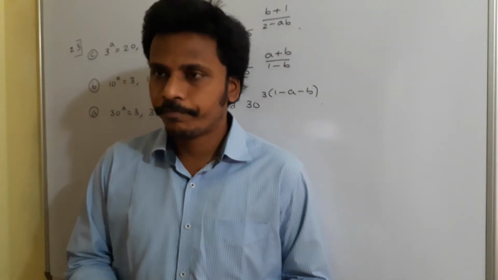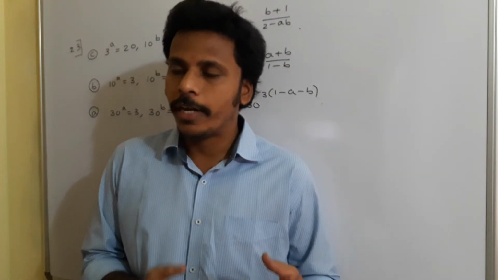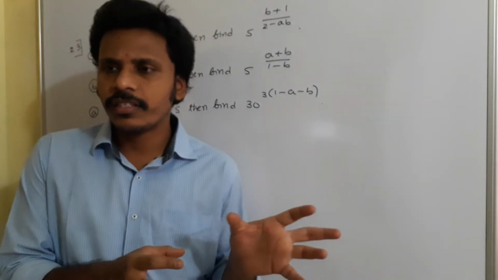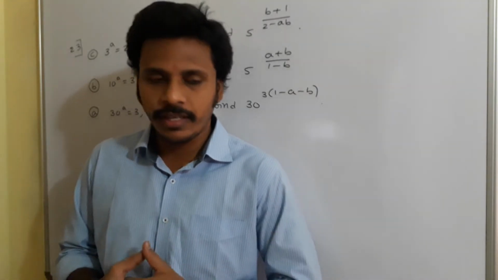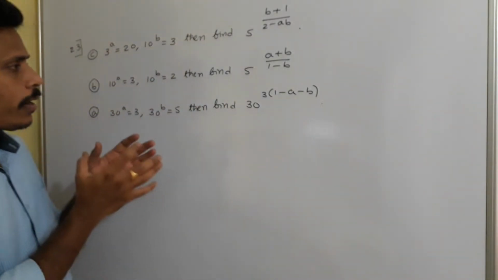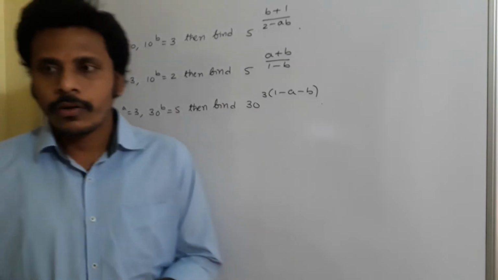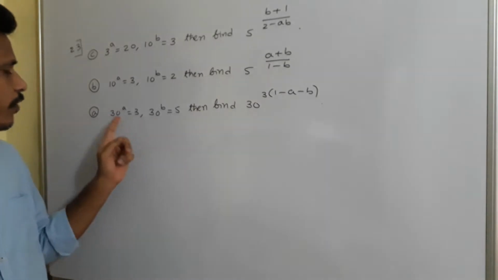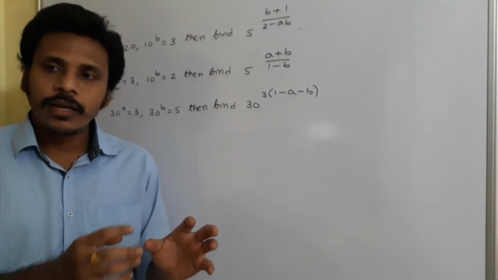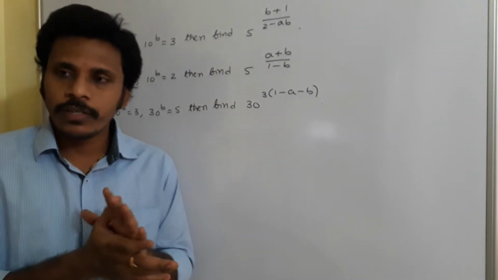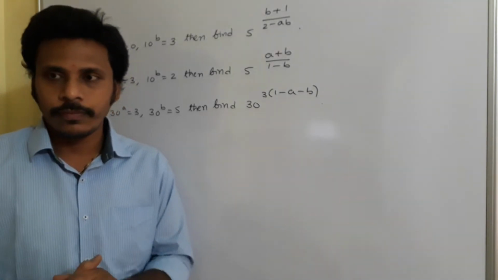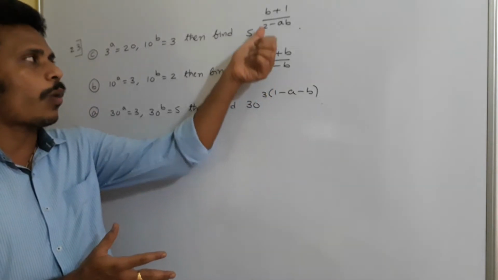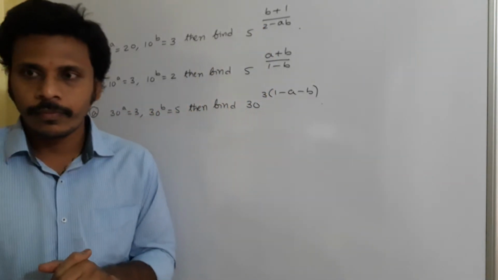So, good morning everybody. As a part of exponents, we learned many things in the previous classes, and we are discussing different types of problems from the last three classes. And these are very special problems, right? To find the required values using the given exponents, we need to use all the laws of exponents along with our logical approach. Initially, we need to make a plan and then find the values of the required using the given exponents, right?